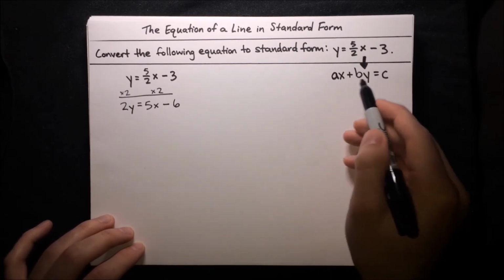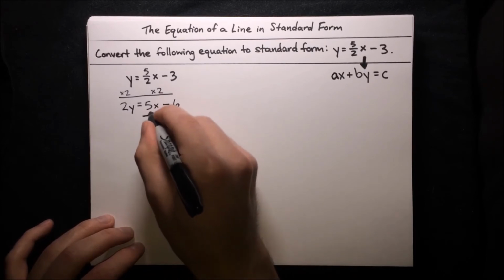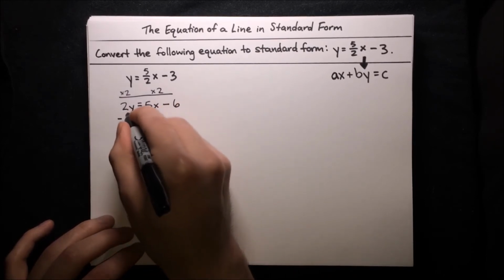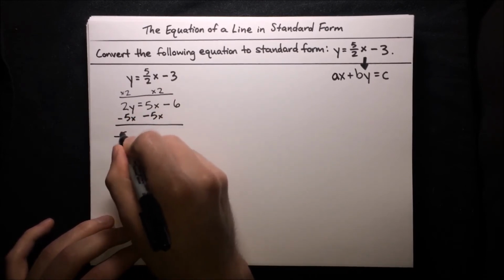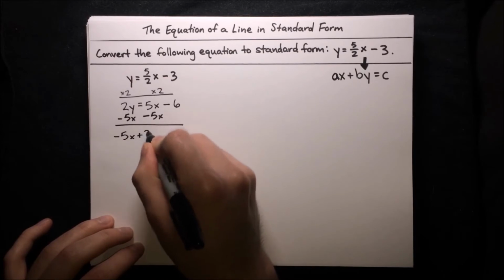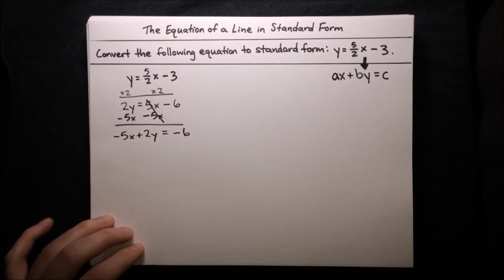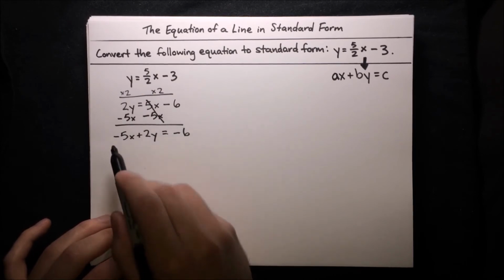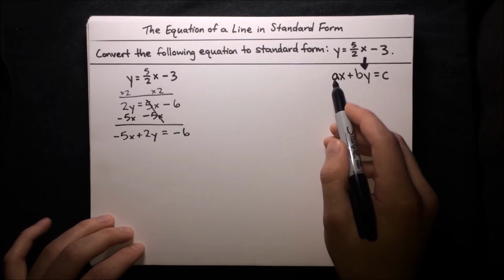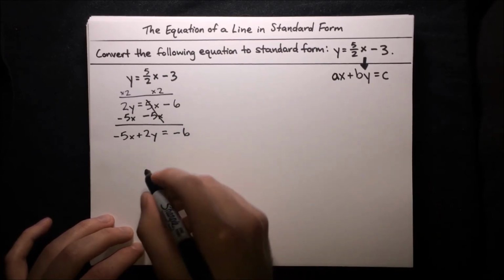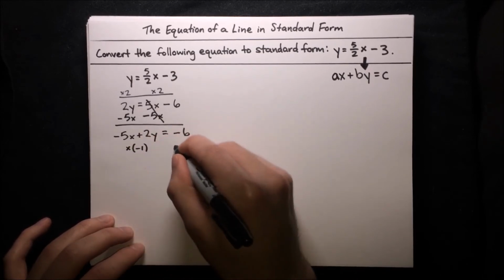Alright, so now we want x and y on the same side of the equation. So why don't we go ahead and subtract 5x from both sides. Minus 5x, minus 5x, and the result there we get negative 5x plus 2y is equal to negative 6. These cancel out. Alright, now the only remaining thing is that there's a negative on the x, and we need a here. We need the coefficient on the x to be greater than or equal to 0. So why don't we multiply this entire equation by negative 1,